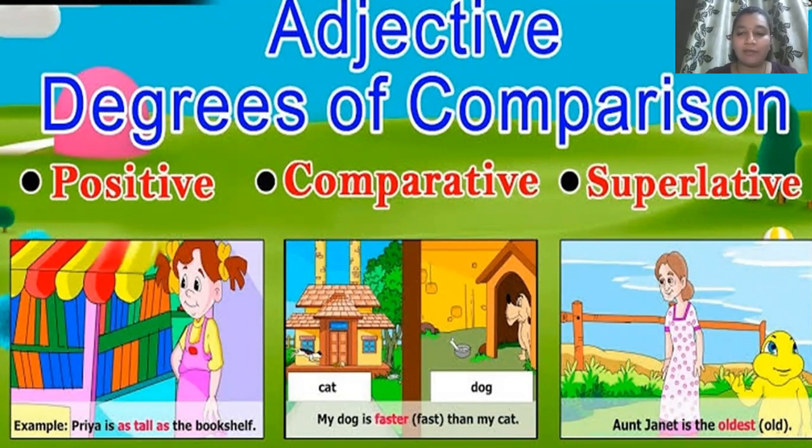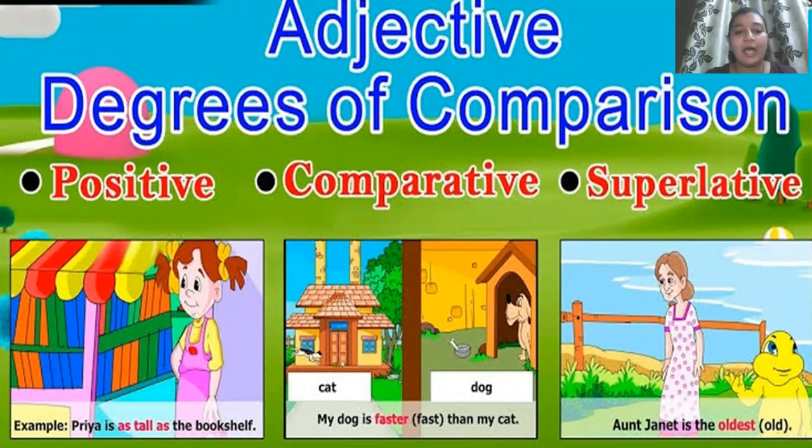In the positive degree of comparison, we saw that either the adjective is used in a very normal and positive way, just functioning as a basic adjective which describes or gives more information about the noun we are talking about in the sentence. Or else, if it is showing any kind of comparison in the sentence, then it shows it at an equal level. That means nothing is better, nothing is worse. Both the things or both the persons are at an equal level. So when we want to show no comparison, or when we want to show that both persons or things are at an equal level, we use the positive degree of comparison.